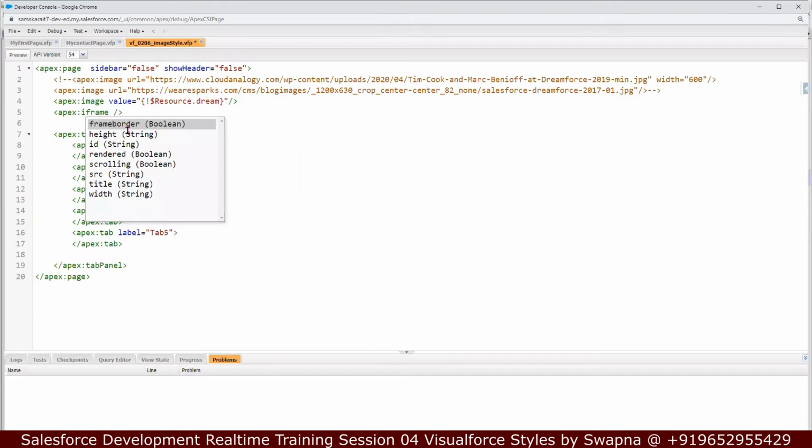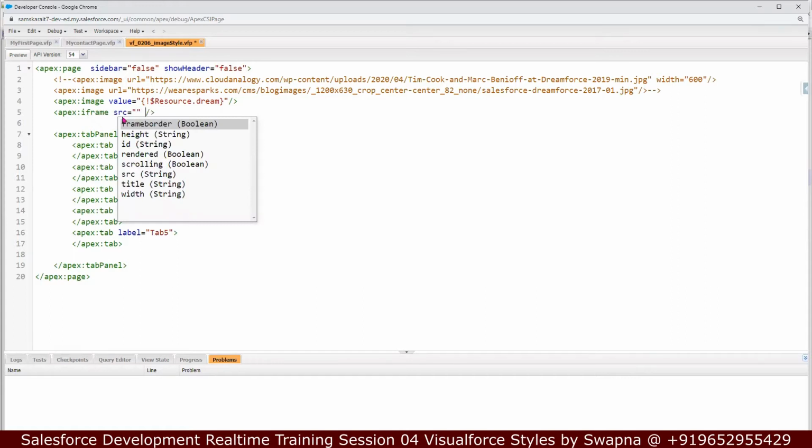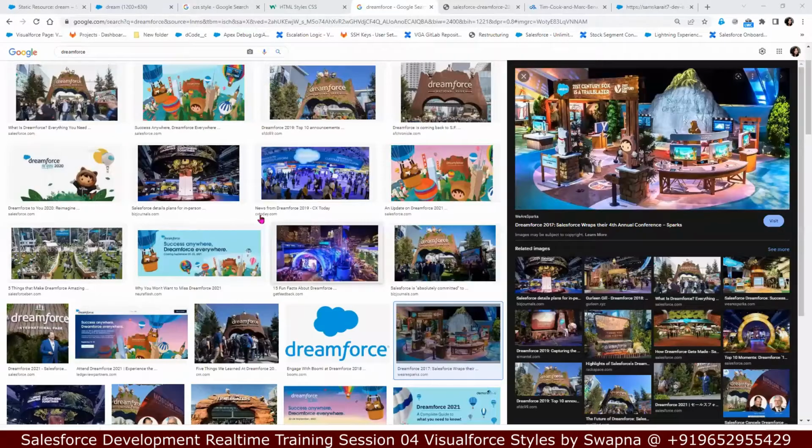Let me see what the keywords are. Okay, so I have only one thing, which is called source. There is no URL, there is no value. I just have a source. Height, width is there, title is there, scrolling bar. So these all are fine. So only source is available. So let's assume that